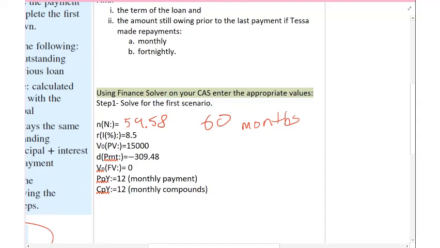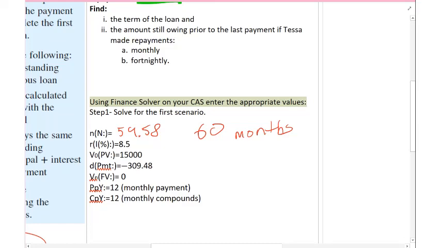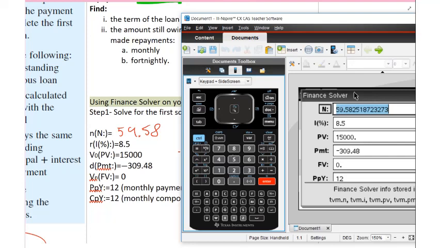Okay. Now, what's slightly different here though, so that's the term of the loan. So I've done 1, 2, and I'm doing 2 for the monthly one. And what I do there is I'm actually looking at the 59th payment, because remember, 59.58 is not 60. So it's 59 payments, and part of that cycle I'd be paid off. So what I'm going to look at here is 59 payments. I want to see what I've got after 59